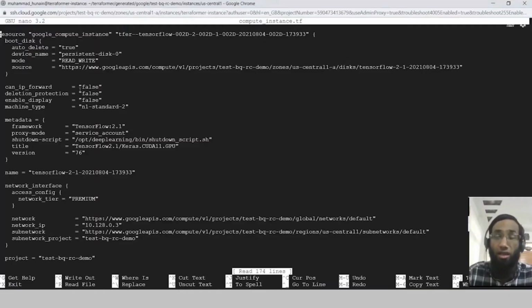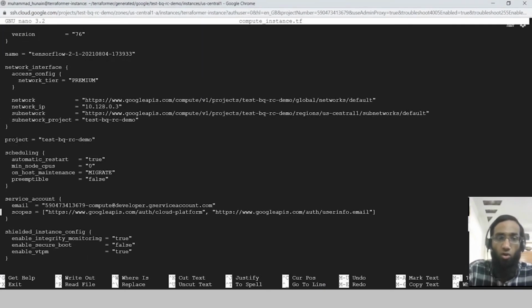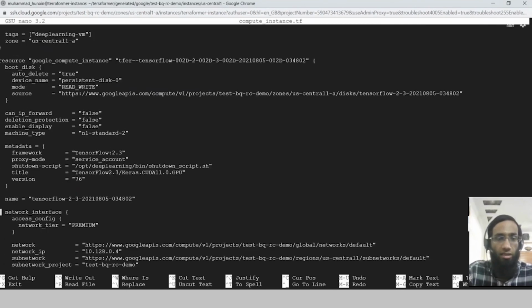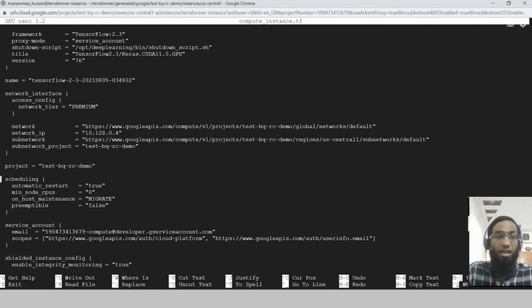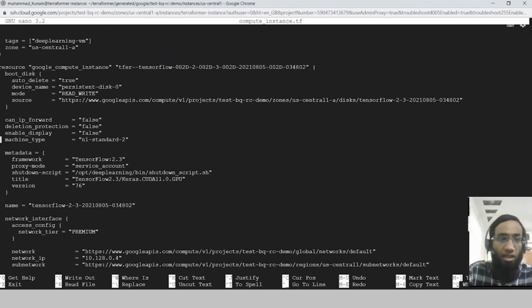This is something very good. In the Terraform import part, I was supposed to write this script manually, and this was a very hectic process. Even with a single wrong attribute, the script is not going to work. So that's something Terraformer has done. All the 3 compute instances are there. Their network block is provisioned, the entire metadata, even the image source file and the snapshot, it also has a direct link to it.